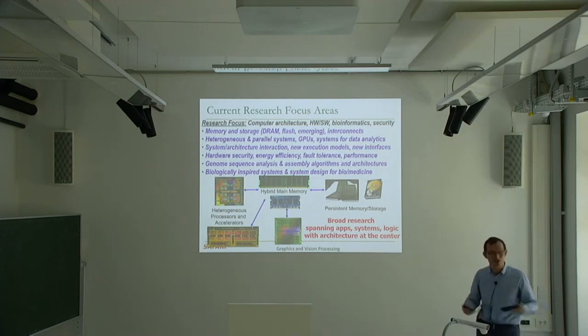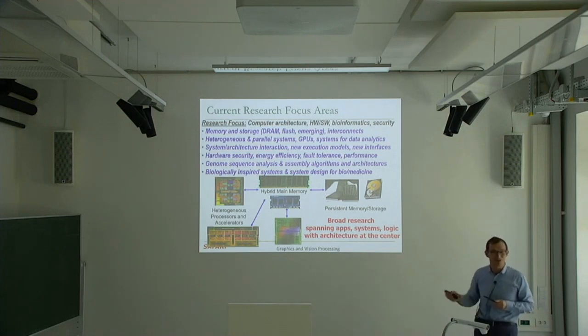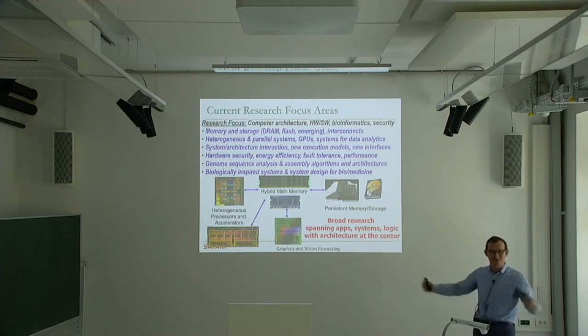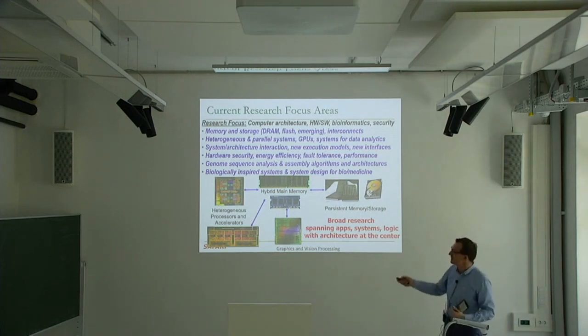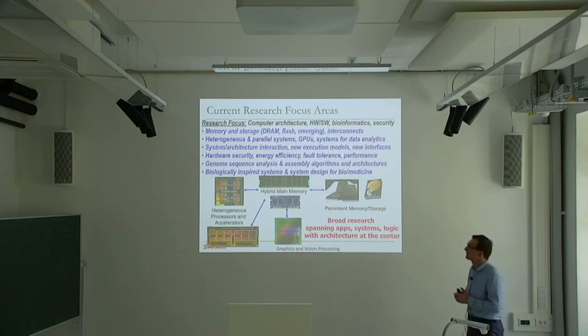And we want to put more heterogeneity into the system by making components like main memory and interconnects more active participants in the computation. Today, if you look at a system, you have processors, different processors, and then memory. And they're very separate from each other, right? There's this processor-memory dichotomy. And if you really want to have a more distributed, much more efficient processing, you would like to put processing capability inside the memory as well. And that's going to be one of the major topics that we'll cover in this course. And that's what I mean by new execution models over here.